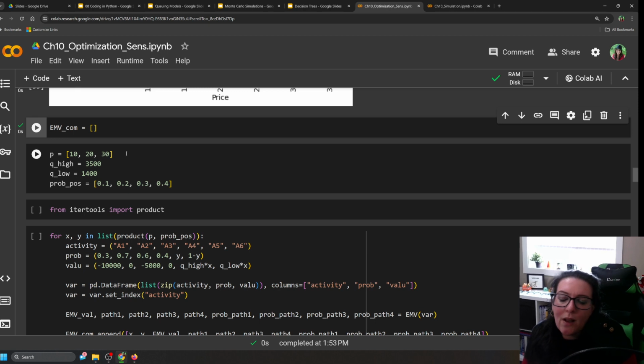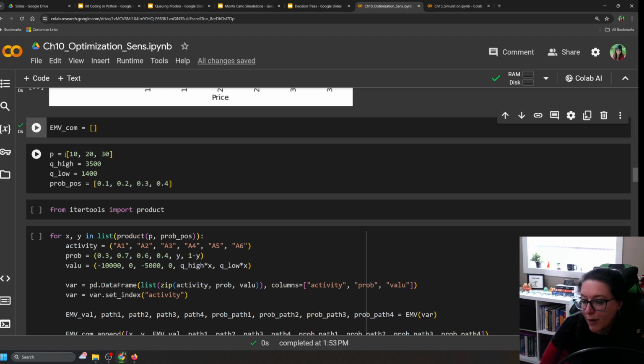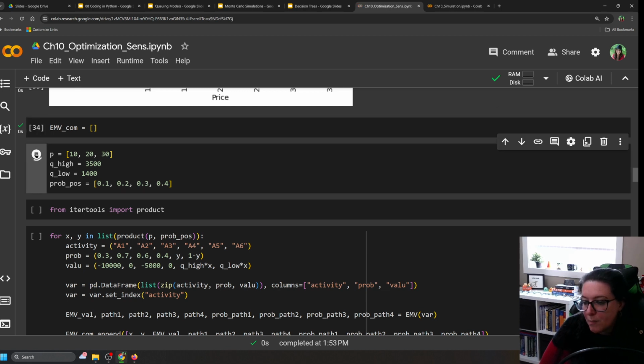$10, $20, and $30 for our price. Let's keep the quantities at 3,500 and 1,400. And let's assume that the probability of a positive or good economy is not just 40%, as we've been looking at in the previous, but what if it has a range? It could be 10 or 20 or 30 or 40. So we've set our assumptions here, and we notice that we're going to range through different prices and different probabilities